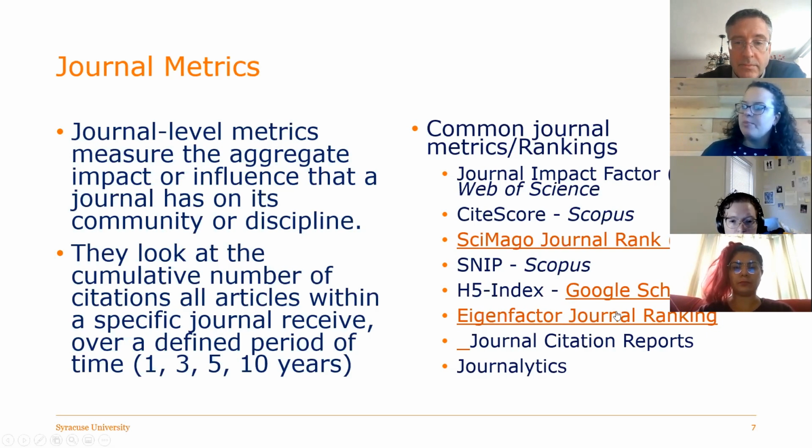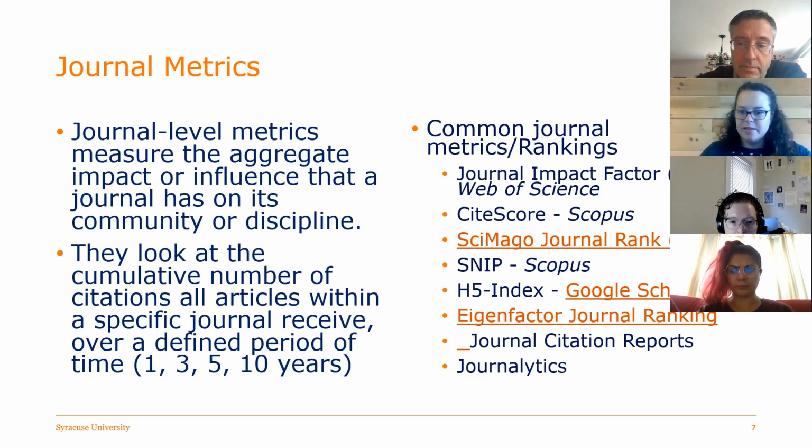But one of the things that I do want to point out here is this. Can everyone see it says SNIP? Okay, that is called Source Normalized Impact per Paper, or that's what it stands for. And it's a different type of metric that I think is important to know about. The other metrics are all looking at journals across all disciplines. With maybe the exception of, I can't remember if Eigenfactor or SCImago do the same thing, but for the most part, impact factor, the H5 index for Google Scholar, they're looking across journals,